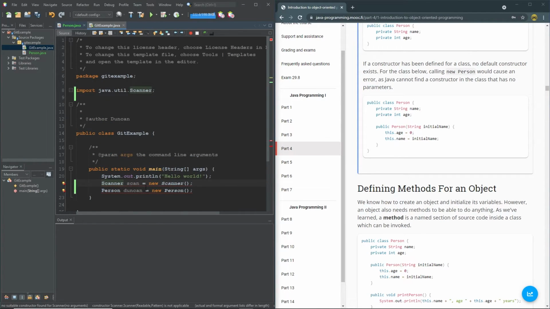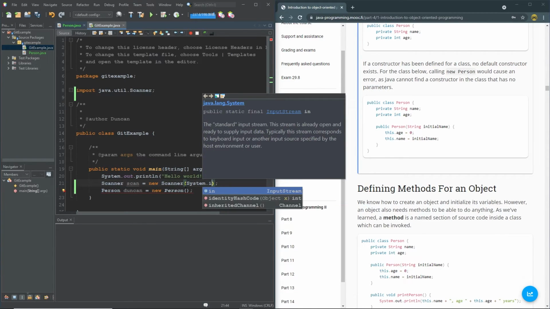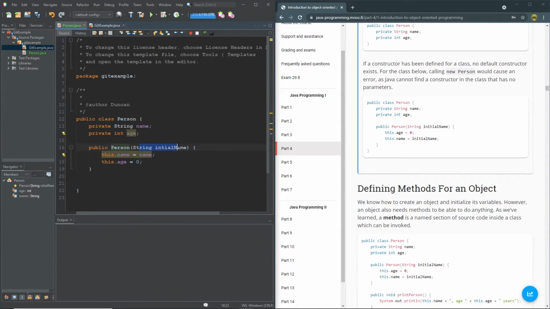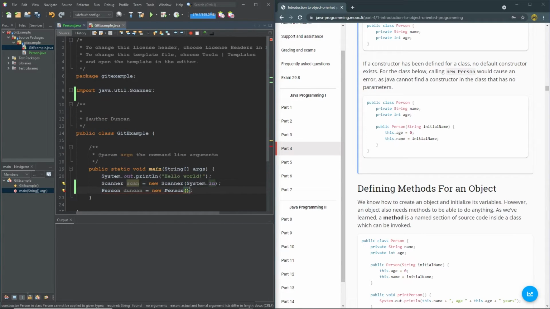So that fundamentally looks right, but what we're missing are the parameters or the arguments to go between the parentheses. So if we think back to our constructor, it had two variables. One was name, I believe, and the other was age. So we need to actually pass those through. So if you have a look at the error that we've got here, it's saying that it requires a particular type. So there we go. So our constructor actually only needs one variable, which is the name. So if we go between our parentheses and open some double quotes, because it's a string, then we can put our name in, and then you can see that the error's